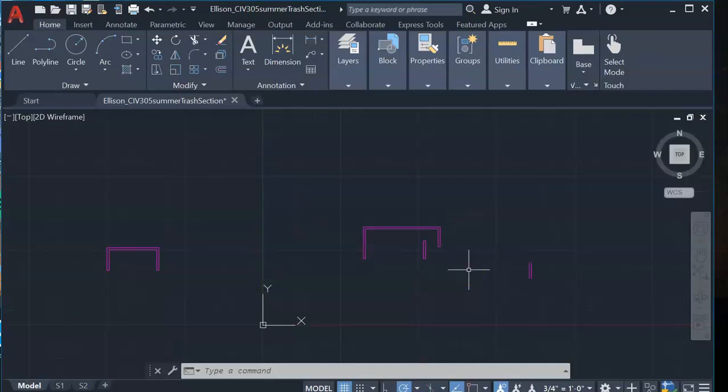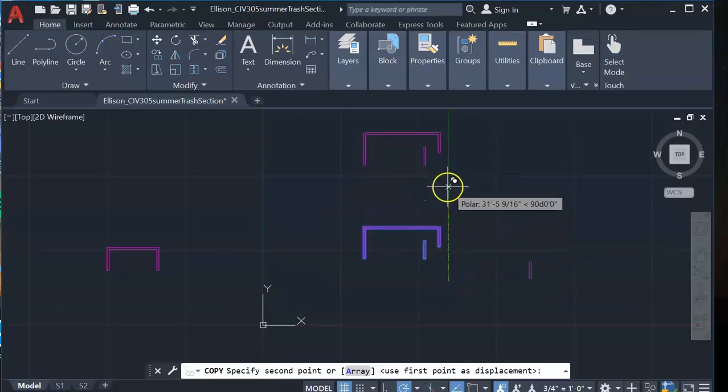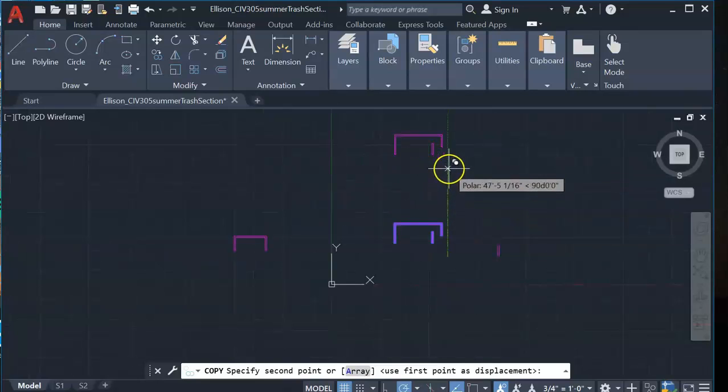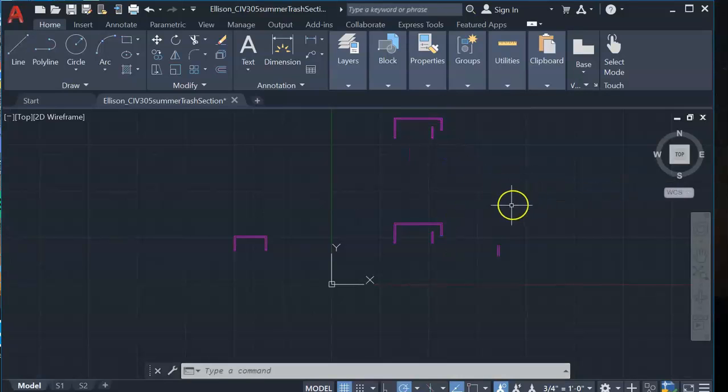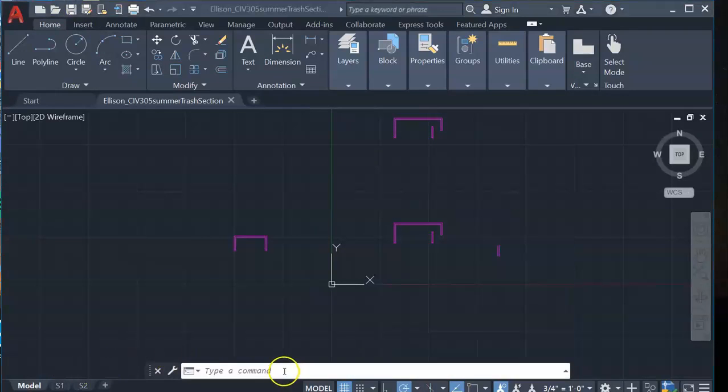So I can then take a copy and I can select these objects, and I'm going to put the roof plan in model space directly above the foundation plan there. And then I want to save that. And then if I type LAY, I want my other layers back. So now I'm going to type